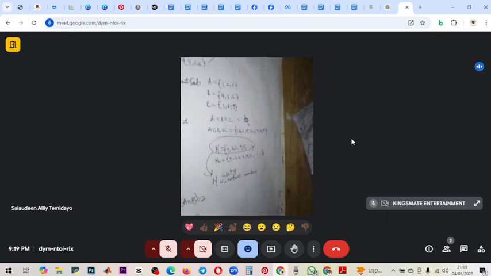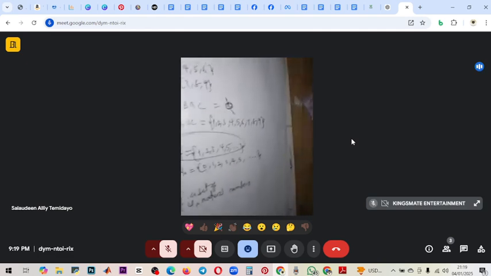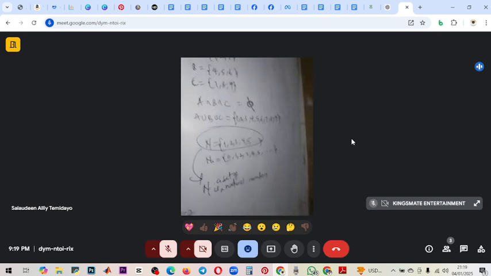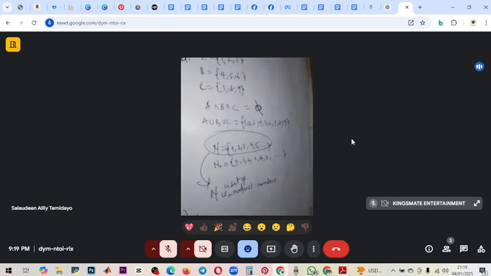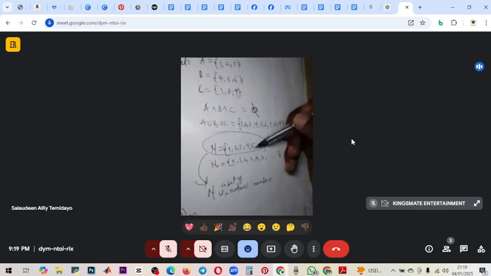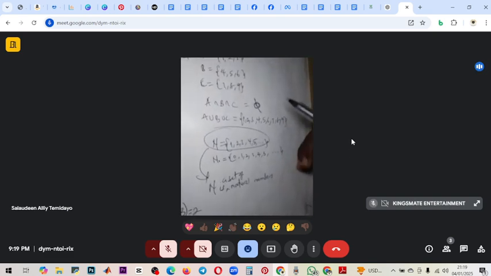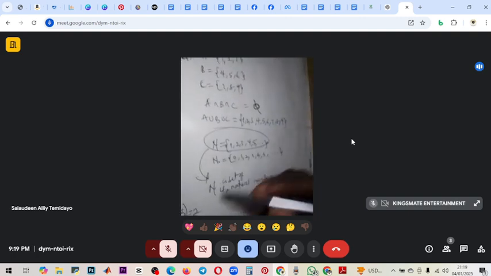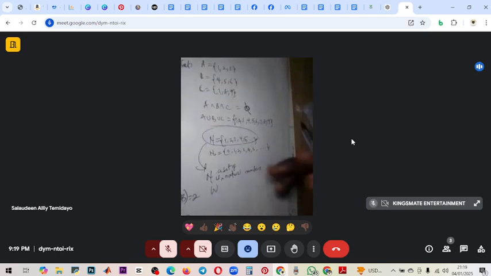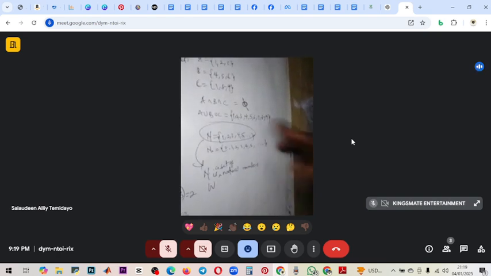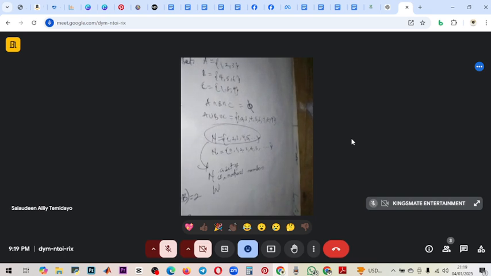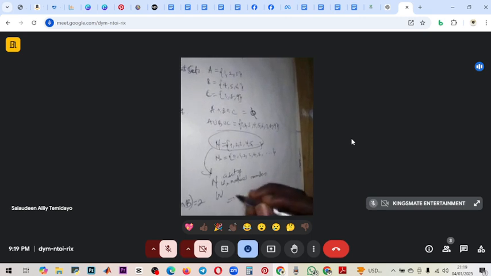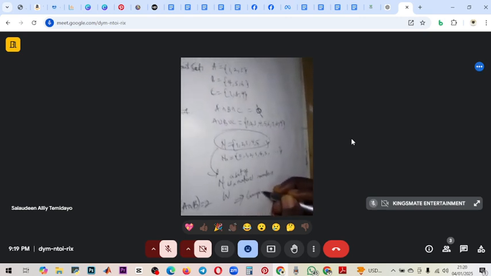What did I just do? I just described the set. I wrote it in the description form. You are the one that will come and form it by yourself. Set of natural numbers means you should start writing from 1 to infinity. If they said W is a set of whole numbers, you should form it in your tabular form from 0 to infinity. So the 3 methods for representing a set are the grouped